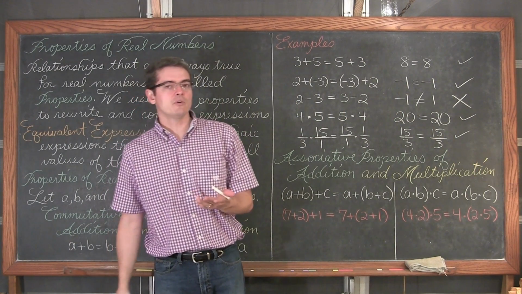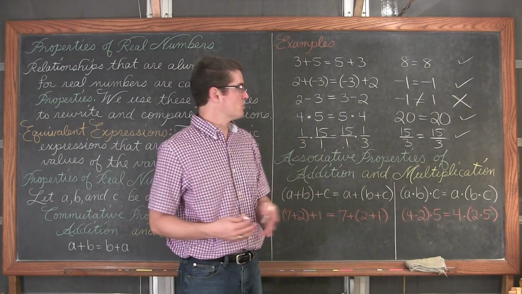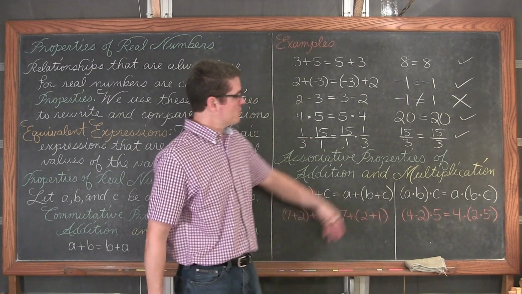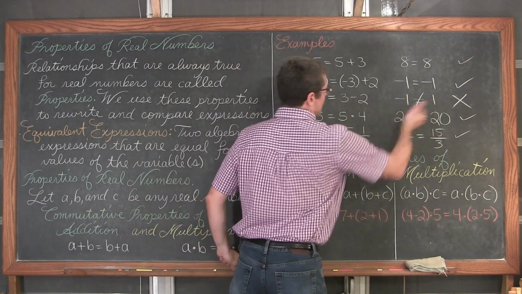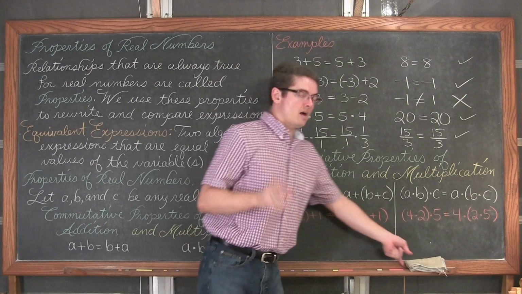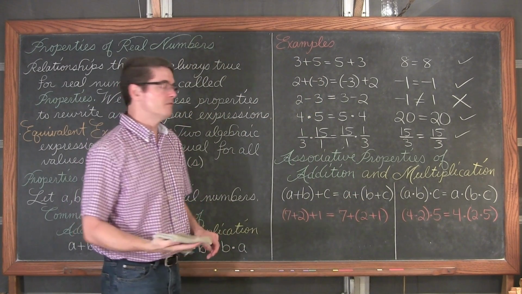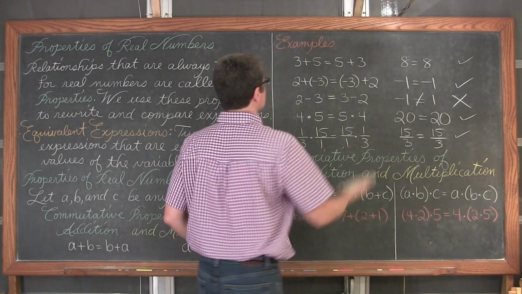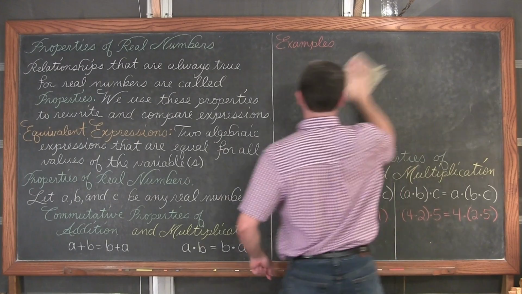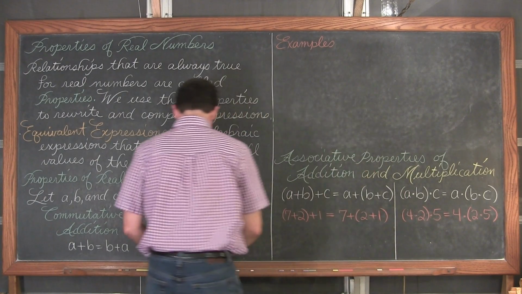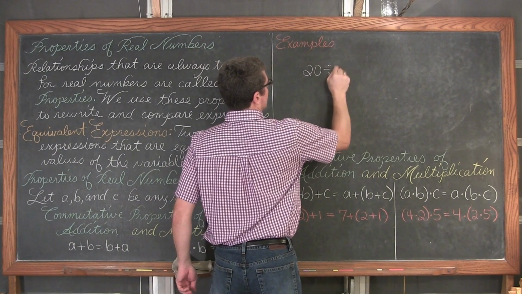Now really, I kind of prefer you and my students to write 15 divided by 3 is equal to 5. So really, as a simplified form, this really should say 5 is equal to 5. I showed us a counterexample for subtraction, showing you that you cannot just change the order or use the commutative property with subtraction. The same is going to be true with division. There is no commutative property with division. So if I clean this off real quick, and let's say we have 20 divided by 4.